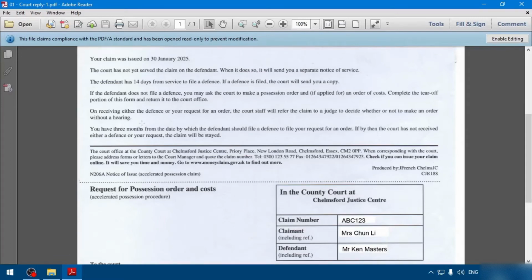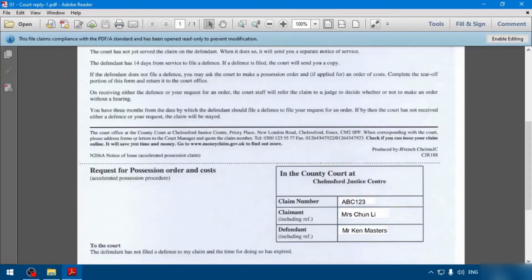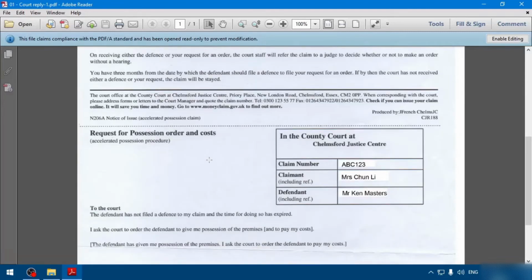On receiving either the defence or your request for an order, the court staff will refer the claim to a judge to decide whether or not to make an order without a hearing. You have 3 months from the date by which the defendant should file a defence to file your request for an order. If by then the court has not received either a defence or your request, the claim will be stayed. There's some small print here, and you can see that this is the part you've got to tear off and fill out,